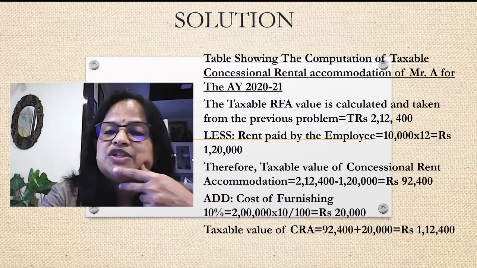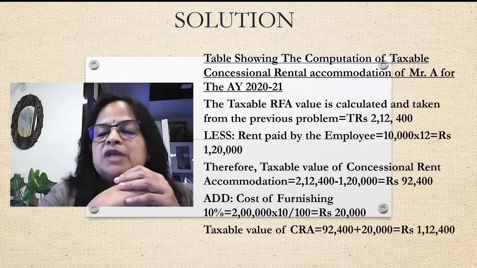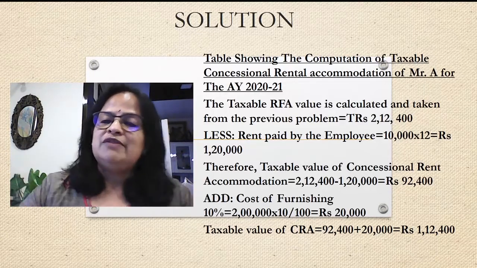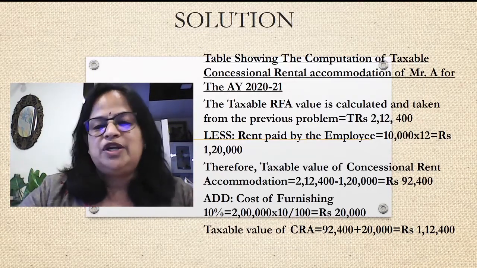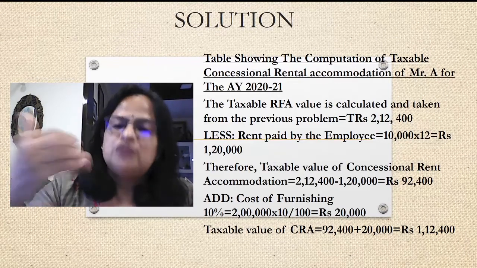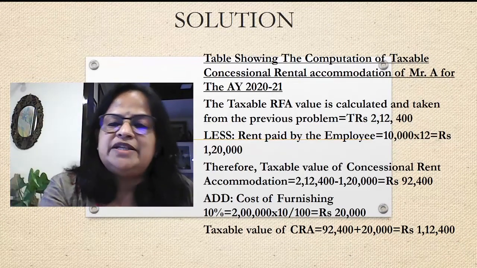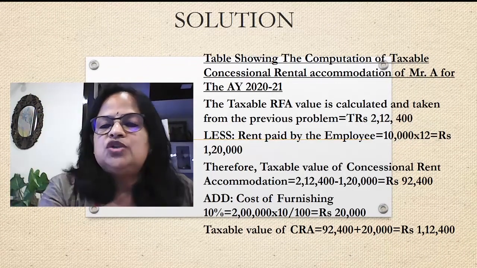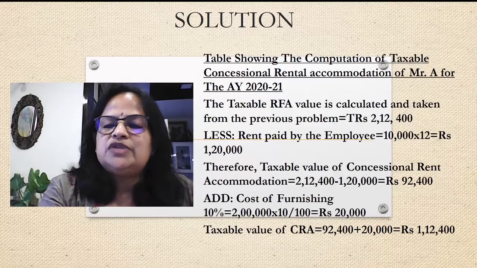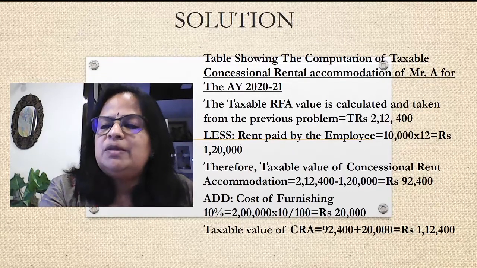Concessional rental accommodation is 92,400. So this is a positive value, so there is a value for concessional rental accommodation. As usual, it's furnished accommodation, meaning you have to add 10% of cost of furnishing. So 2 lakh into 10 by 100, 20,000. Taxable value of CRA is 92,400 plus 20,000,